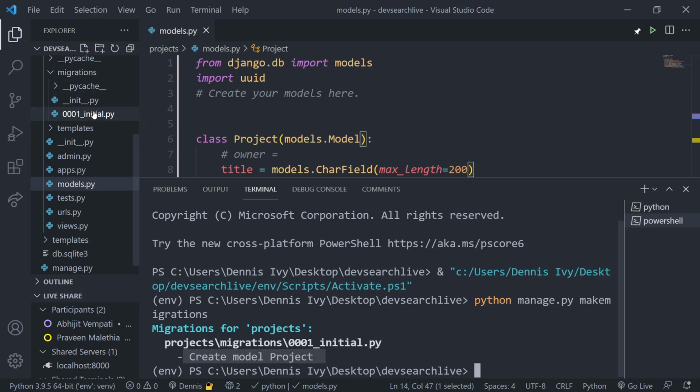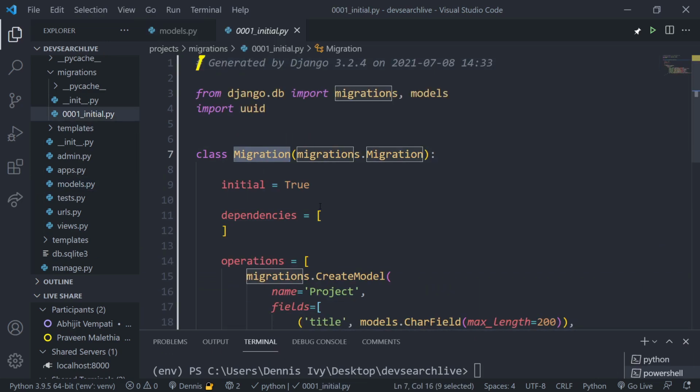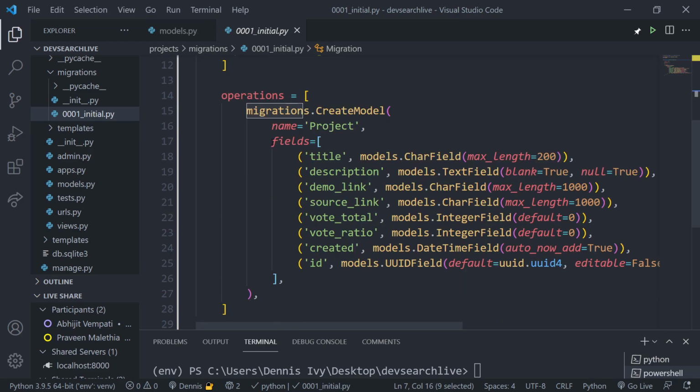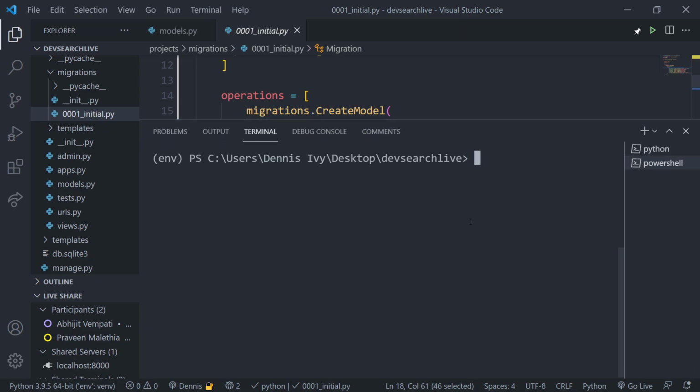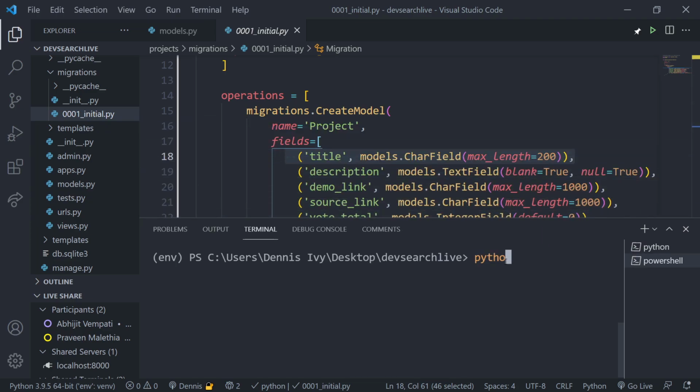If I look into migrations, we just added this file. If I look into this migration file, we're seeing the migration and it's telling us what it's going to do. It's going to create these fields in our database. So it's basically prepping our database to actually build this out. It hasn't made it and it's not in our database yet. So the second command, once we prep our migration, is to execute that migration. So I'm just going to do python